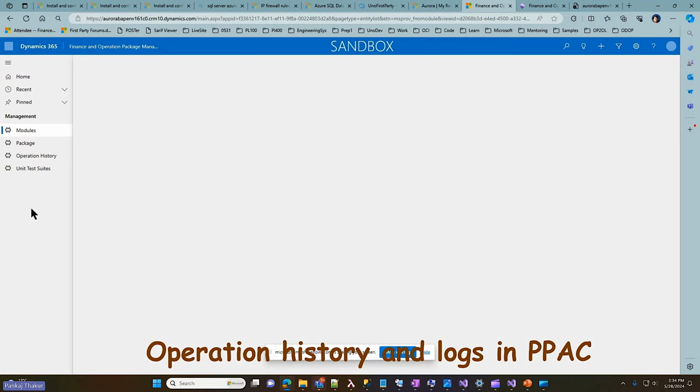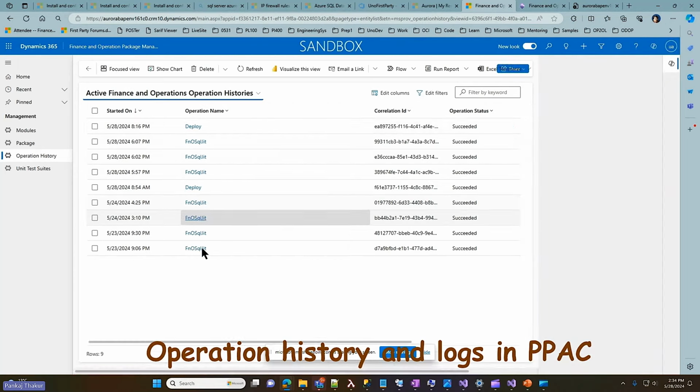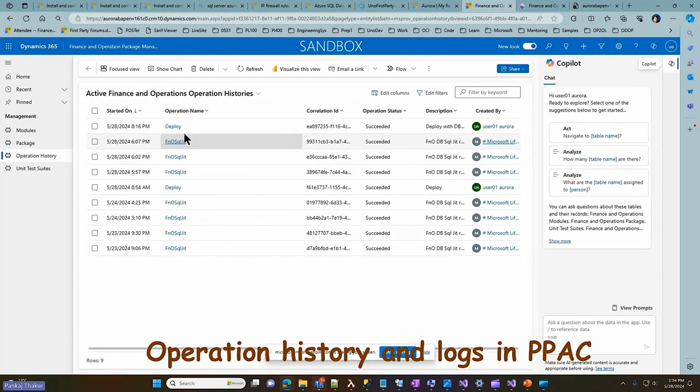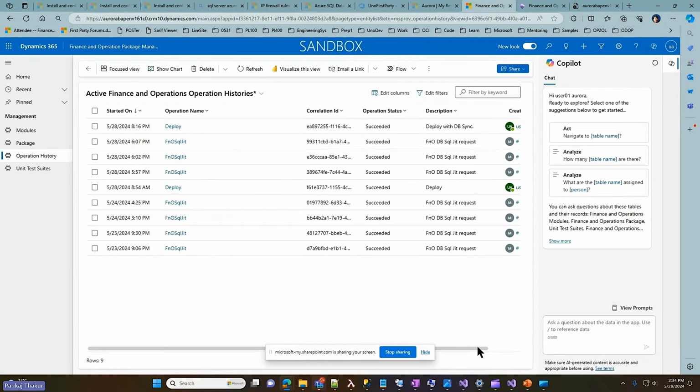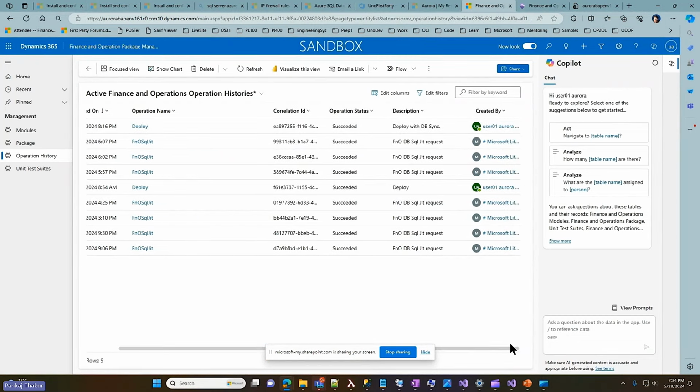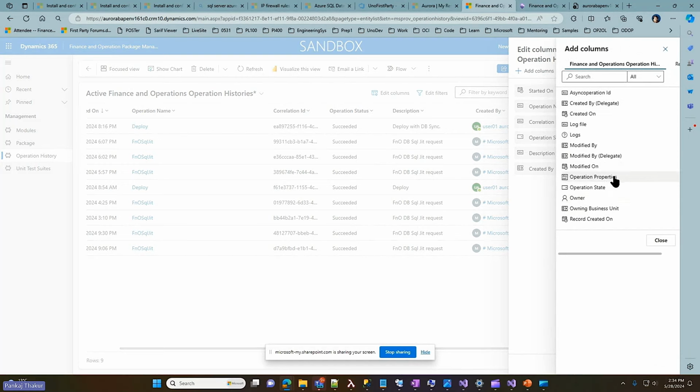This is the Power Platform Admin Center portal. And in here, is all the Dataverse tables. Because it's your environment, you have full access to it. The operation history table is your friend. All the things that you have been doing over the last many weeks, let's say, in this environment, you can take a look at. You can add columns, take a look at any operations performed by your colleagues, or even